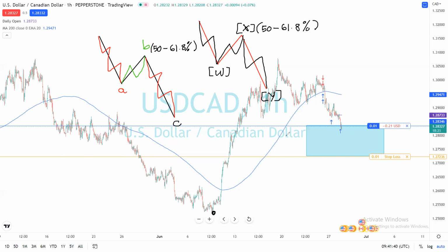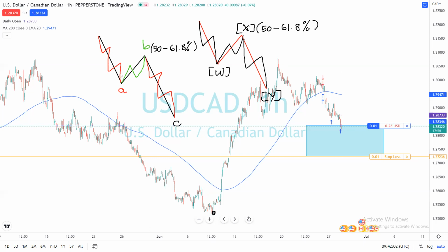And from here to this high here, it has made one big impulse. And we have a correction here that appears to be a zigzag. We are going to get into that. But first of all, we should know that typically we expect our wave B to retrace between 50 and